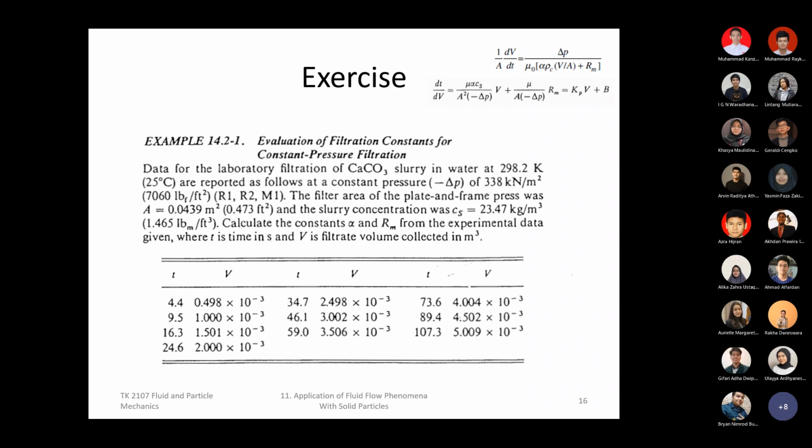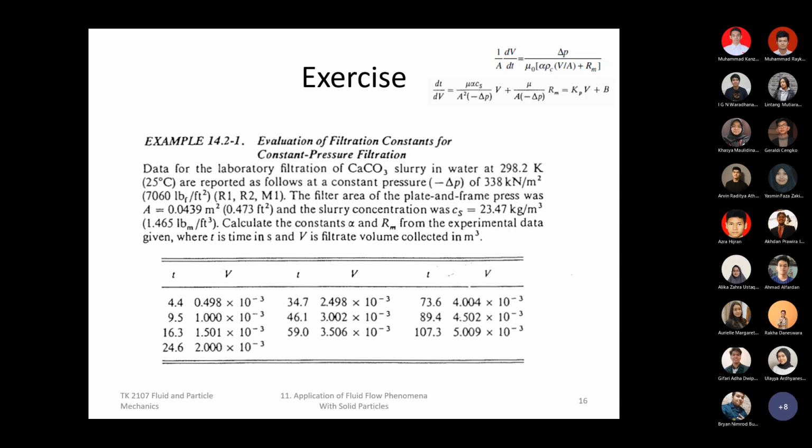Okay, so hopefully those two videos help you to imagine how the filtration works. Now I'll give one exercise. Just follow the example over here for you to hopefully understand more. If you have any question, just let me know. So this is one example of a variant if we have a filtration exercise. Maybe some of the final exam will look like this, or with some minor adjustment.